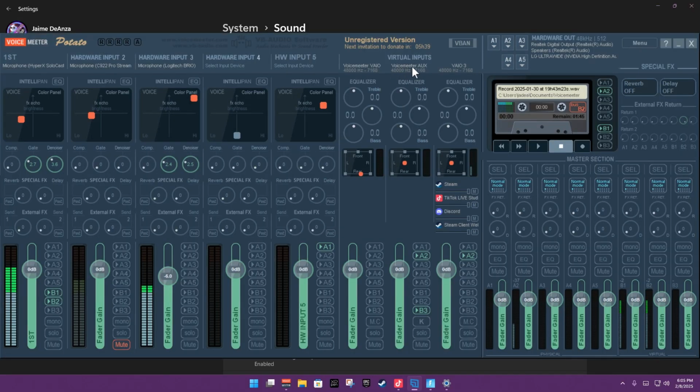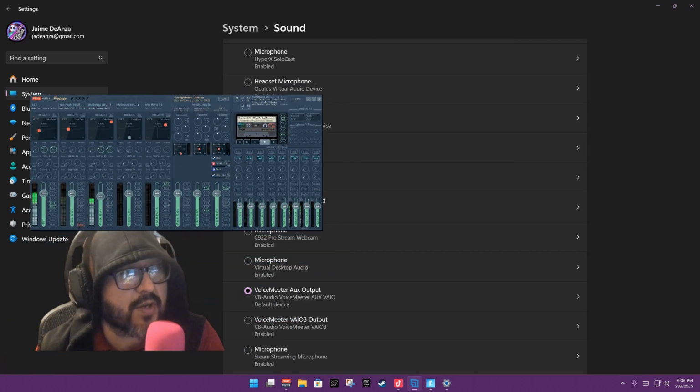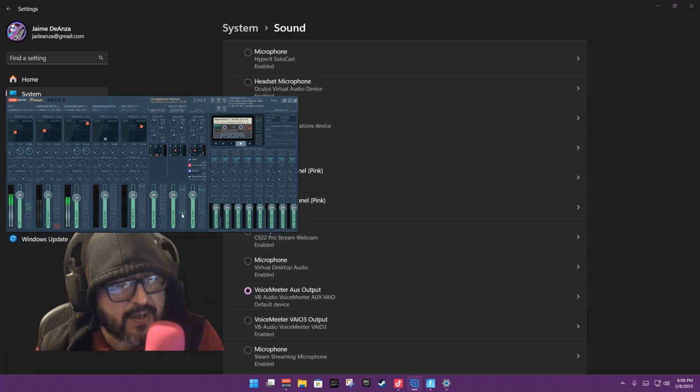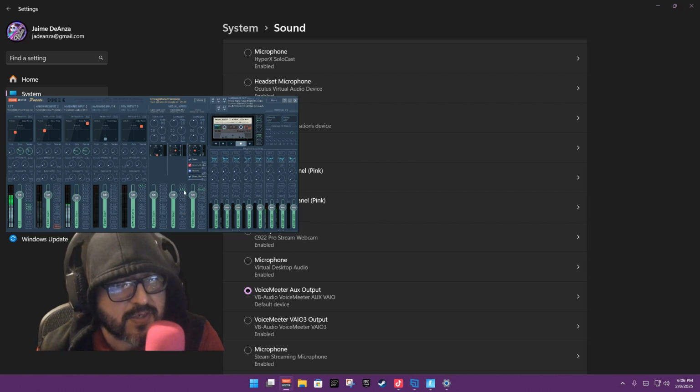This is the VoiceMeeter auxiliary, and it doesn't say VAIO in the main part, but it is what it is. That's what it is. Okay. So now all my mic sound that I'm currently using right now gets routed through that. So I could turn it off in my output, and I could turn it off in